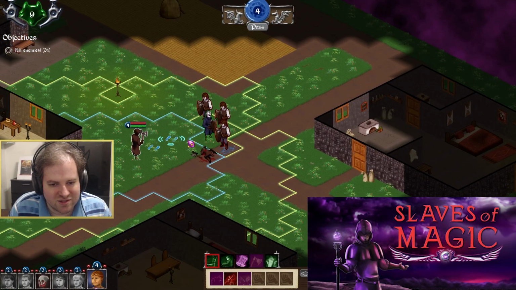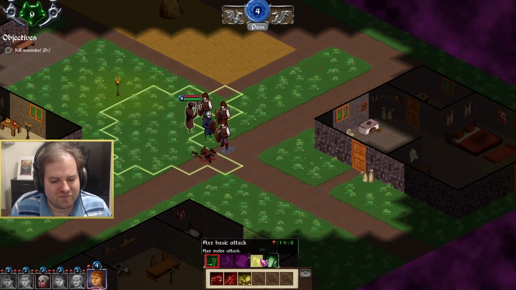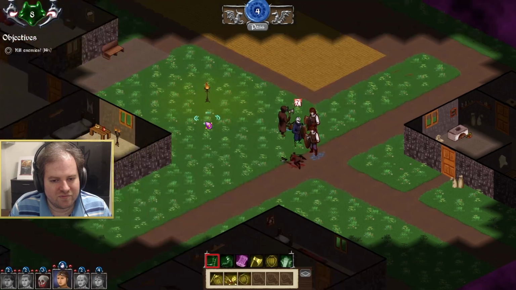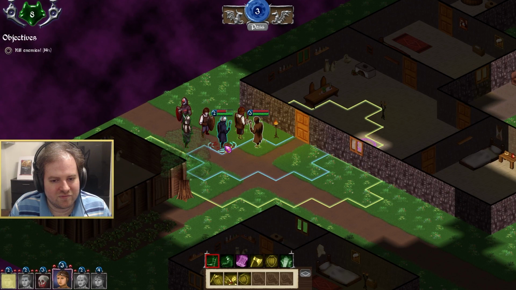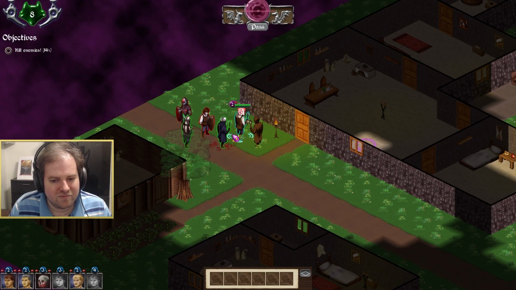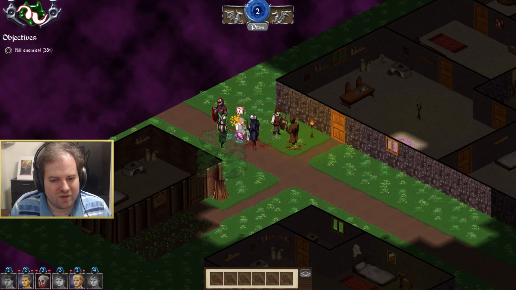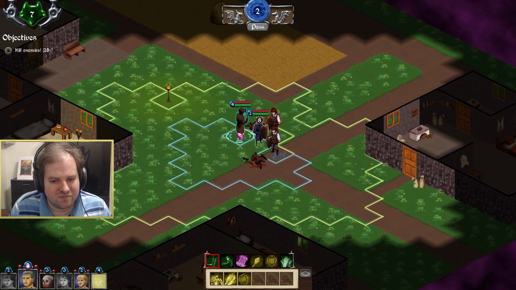And now for something a little bit different, we turn to Slaves of Magic. We are back to an XCOM-like, but we are trading guns in the future for spells and swords. So, fantasy XCOM, and when I say XCOM, I'm talking about the original one. The story is that the world has been invaded by demons, and we are going to have to build our forces up, do lots of research, and try to get